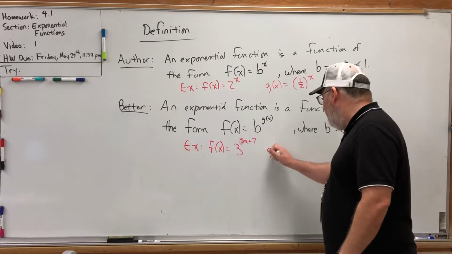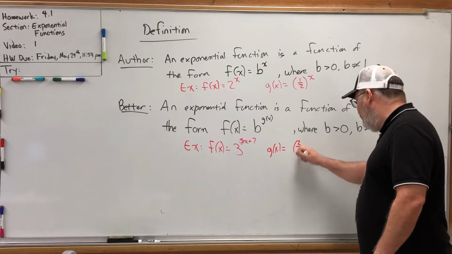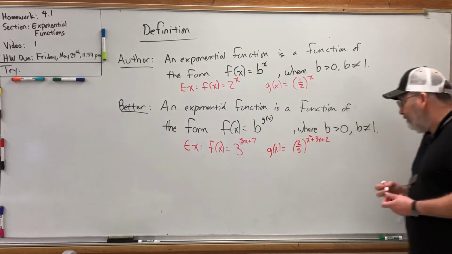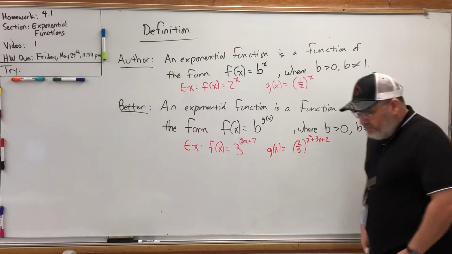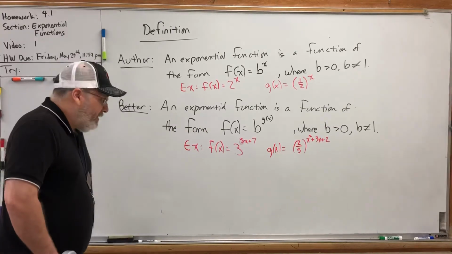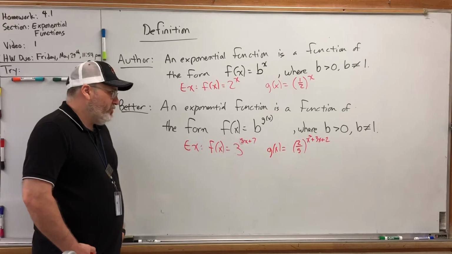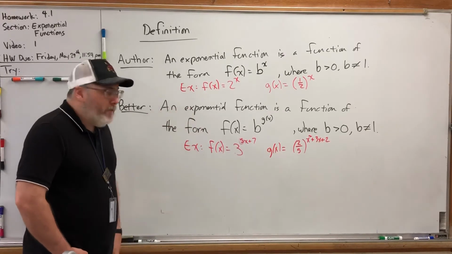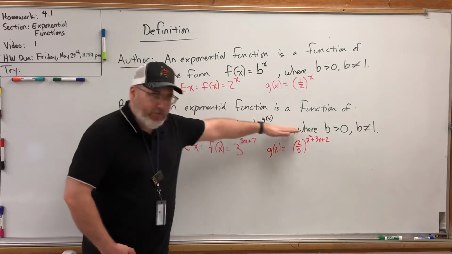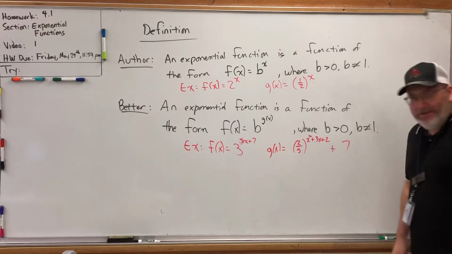Or something like g of x equals 2/5 to the x squared plus 3x plus 2 power. As long as the variable is in the exponent only, then you have an exponential function. And there are even more variations of exponential functions that don't actually fit this form, because we can add, subtract, multiply, and divide outside of the exponent as well. For example, I could put a plus 7 at the end of this, and technically this would still be an